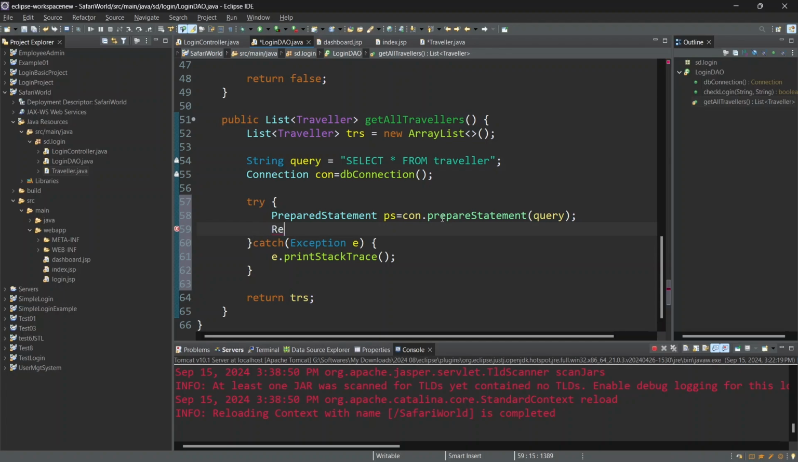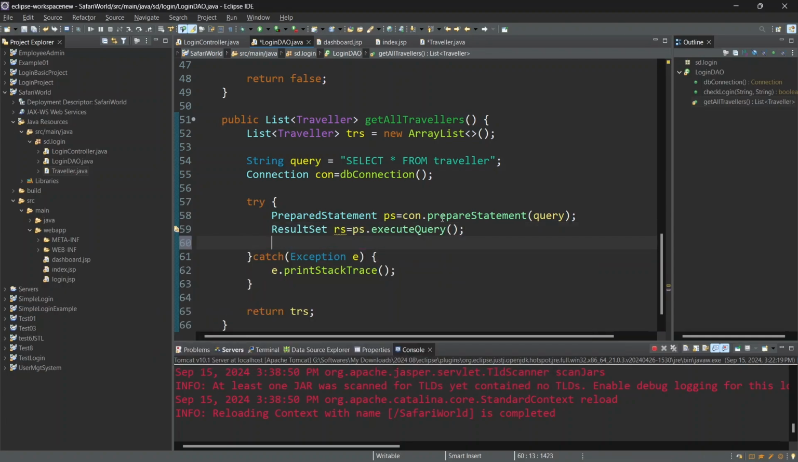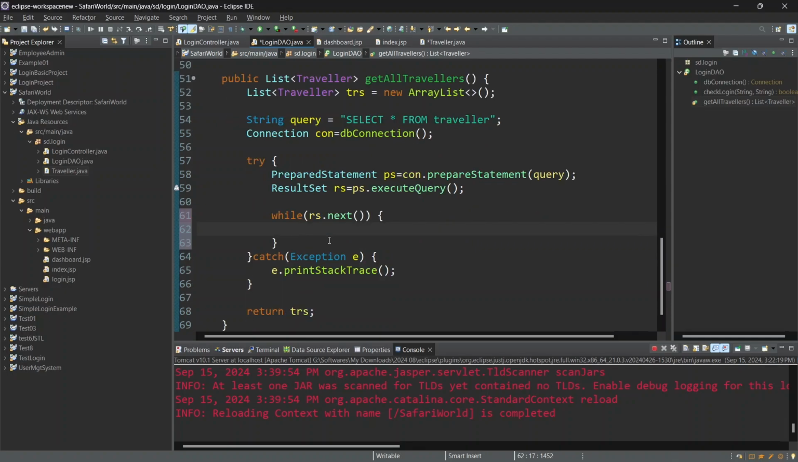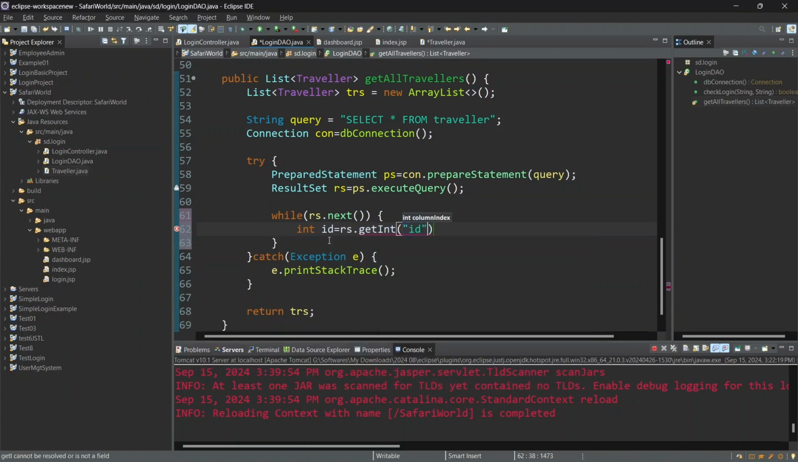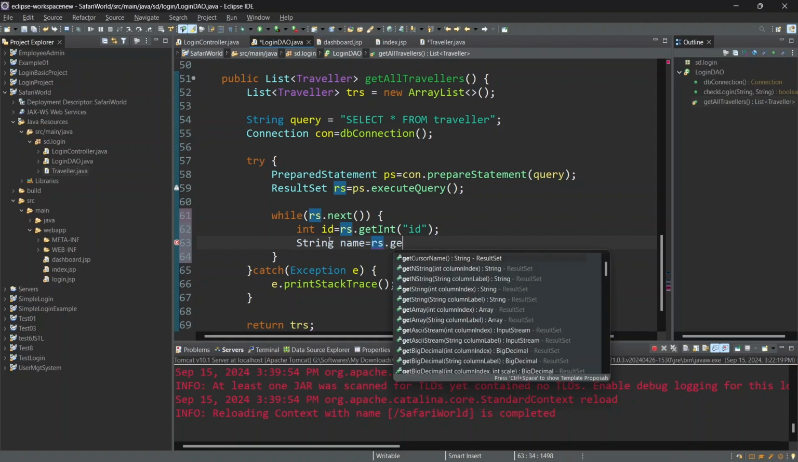So I'm going to create a ResultSet object. rs will be equal to ps.executeQuery. So it will store all this returned query inside this result set variable, right? So while rs.next is true, I'm going to get these values one by one. First we'll get integer id, which is equal to rs.getInt id, column name id. Then string name will be equal to rs.getString